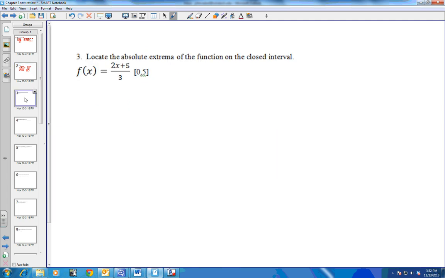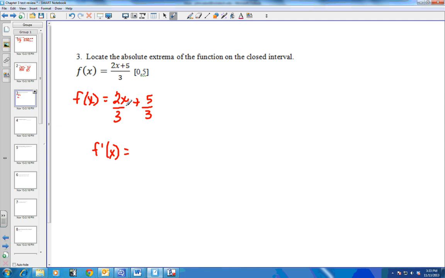Okay, number 3. Number 3 is just like number 1. Locate the absolute extrema again. A closed interval from 0 to 5. Before I found the derivative of this, I would rewrite this as 2x over 3 plus 5 over 3. That's going to be the easiest way to find the derivative. I could use the quotient rule, but it's going to be a lot more work. So the derivative of this,